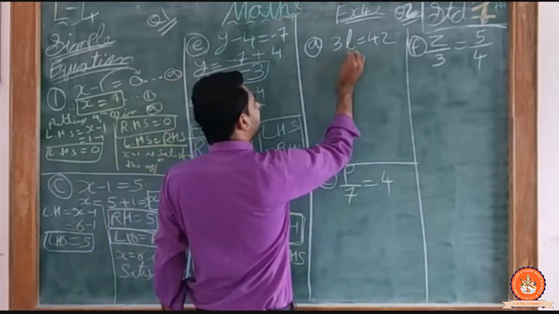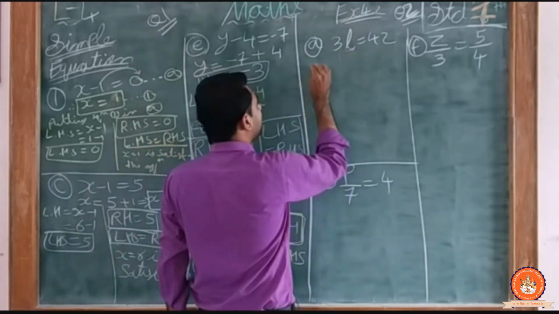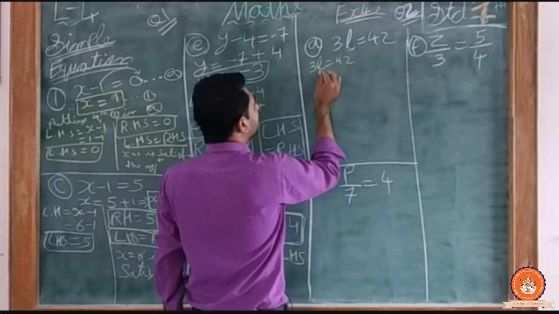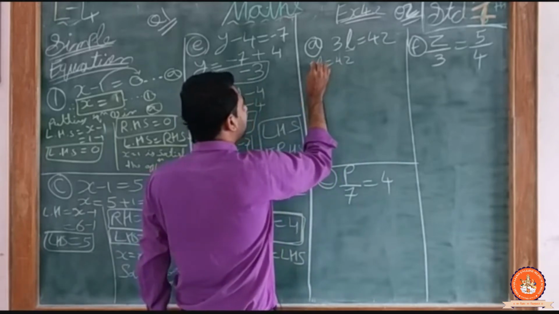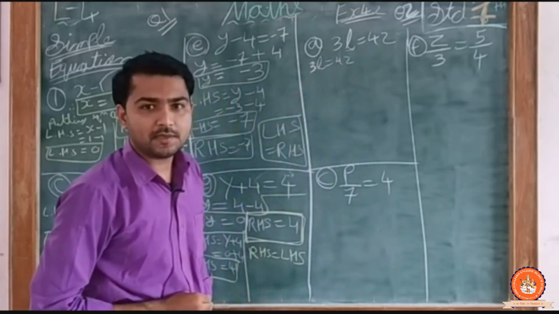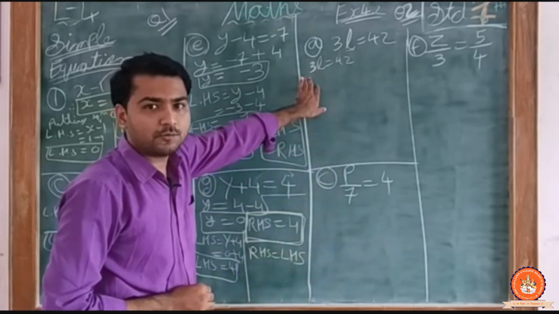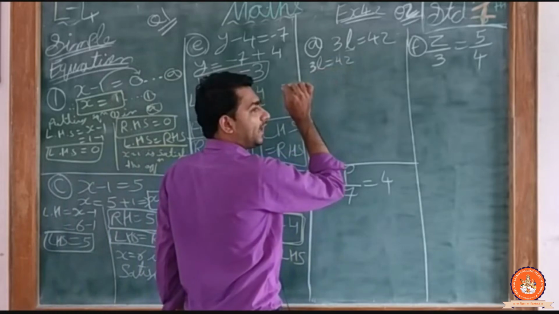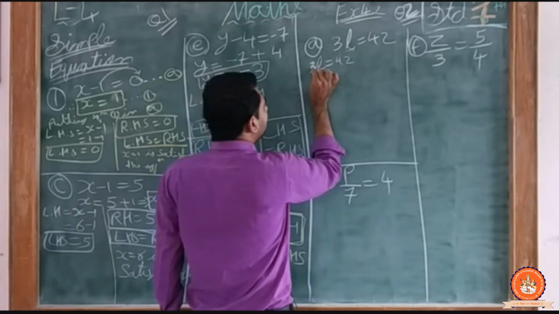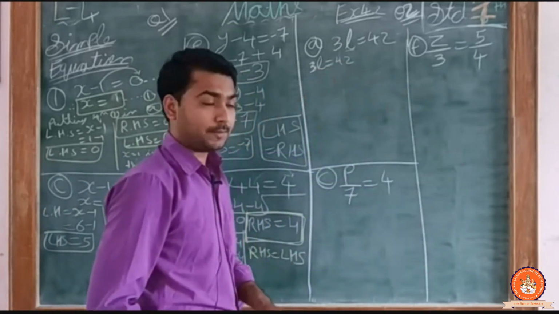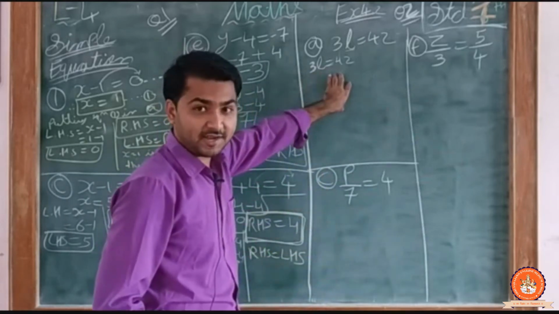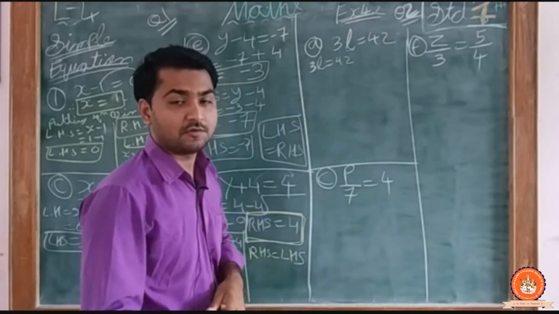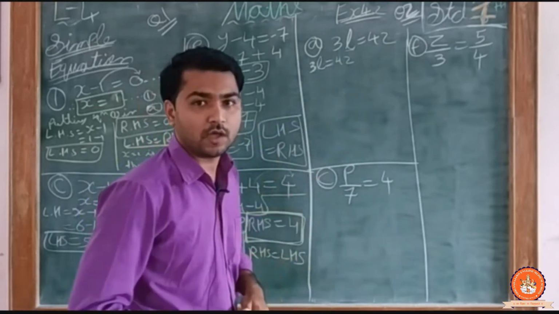So we will find our variable here, which is L. So 3L is equal to 42 we have. अभी यहाँ पे एक चीज़ ध्यान रखनी है, यहाँ पे 3L है, मतलब 3 मल्टीप्लाई में है L के साथ. 3 is in product with L. So now we have to find the value of L. So taking this 3 onto the right side. कहाँ पे ले जाएंगे, राइट साइड ले जाएंगे, इक्वल टू के राइट साइड. We will take this 3 onto the right side of equal to.